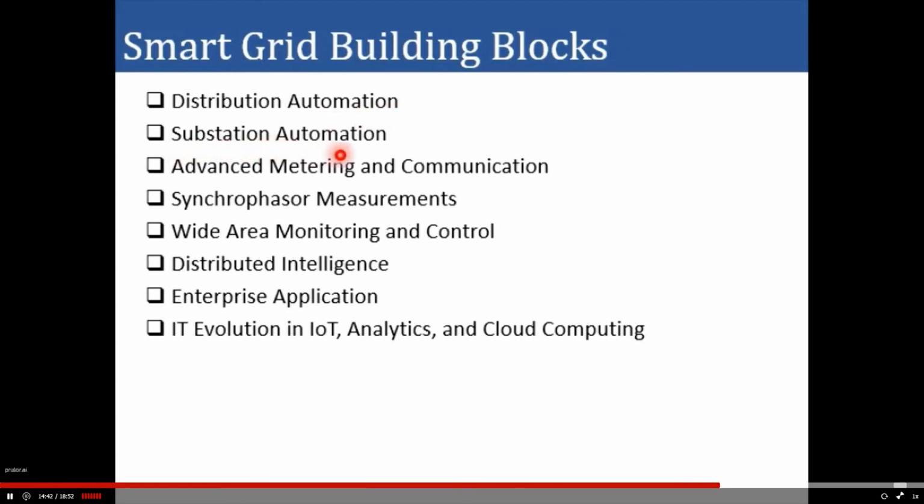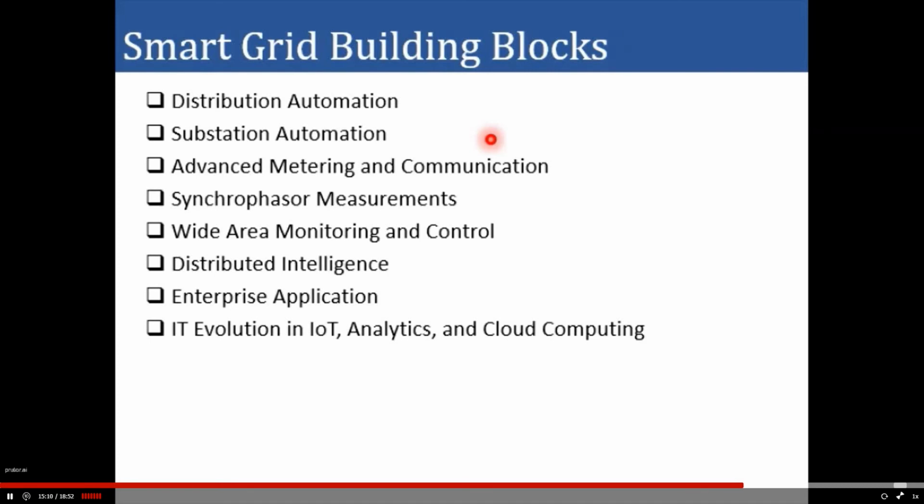Additionally, we also have the substation automation where the substation is now being equipped with intelligent electronic devices. These devices see any abnormal condition or vulnerability in the system which is being governed by the substation and take immediate action to isolate the system and then reconnect automatically